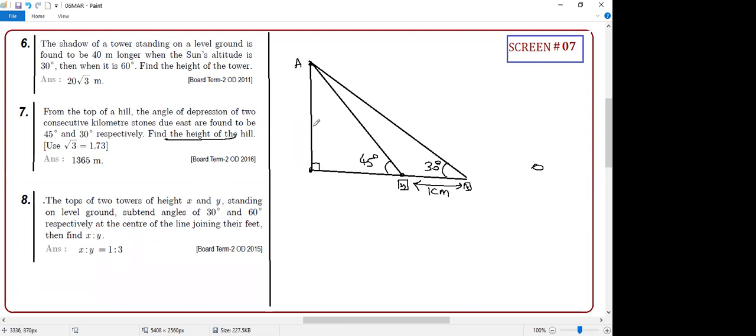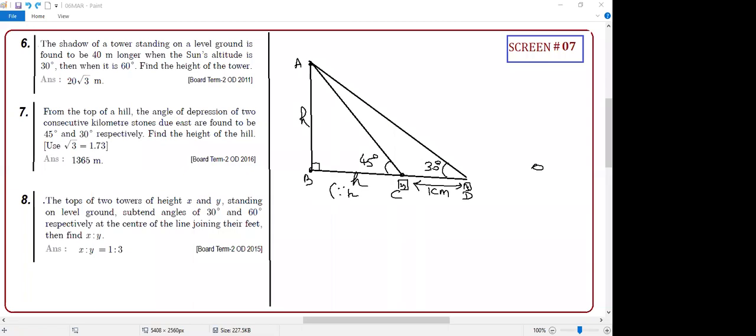Yes, sir. Question is find the height of the hill. H, A, B, C, D. Only the doubt of that kilometer stone, sir. Yes. So the moment you see this is H, this also H. Direct answer. Correct or not? Yes, sir. H means this is also H, since tan 45 equals 1. So second triangle you will take. What is that? Opposite H, adjacent H plus 1. So if we solve, you will get your H. Correct or not? Yes, sir. Very simple. Understanding the problem seems difficult, but the moment you understand, everything is easy.